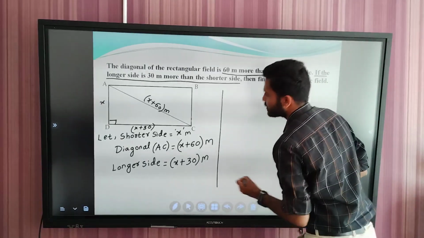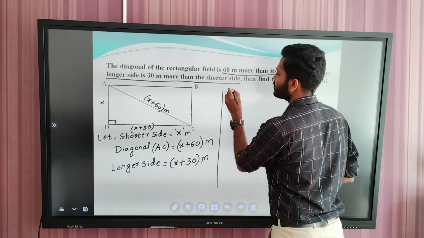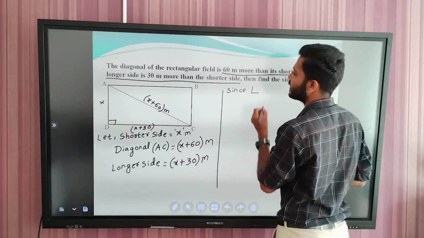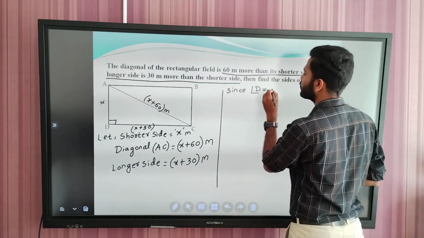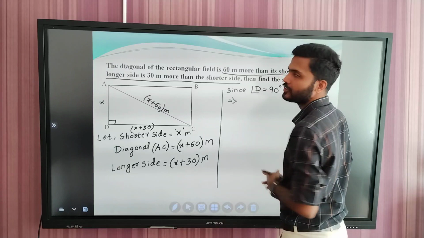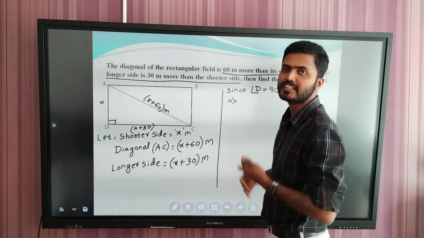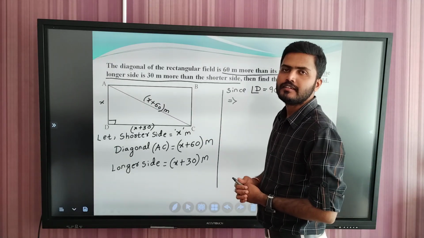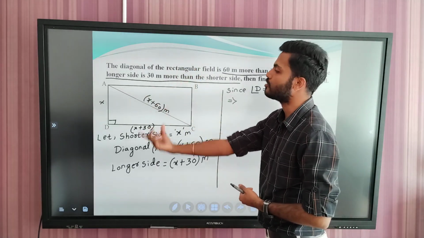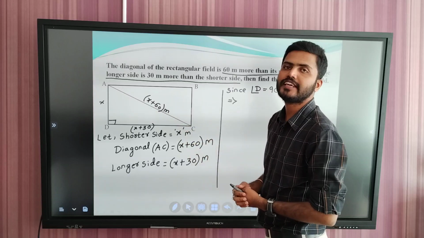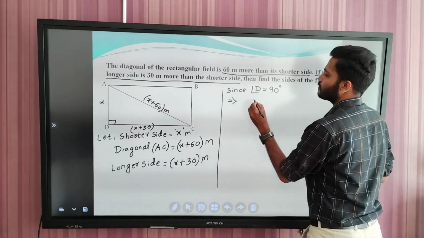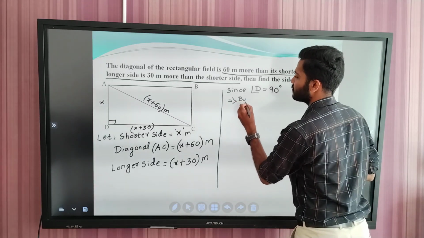Correct? So since each angle in a rectangle measures 90 degrees, since angle D is equal to 90 degrees, this implies I can use the Pythagoras theorem. What does the Pythagoras theorem tell you? Yes, absolutely right. The square of the hypotenuse is equal to the sum of the squares of the other two sides. Correct? So now I can say that, by Pythagoras theorem,